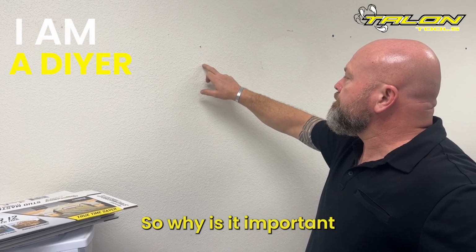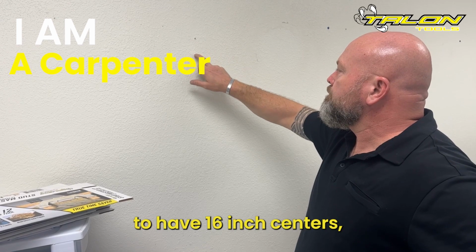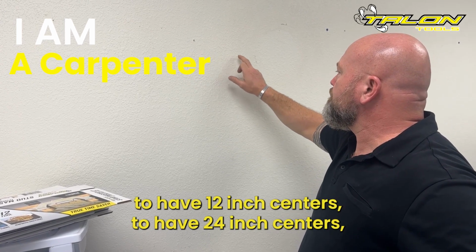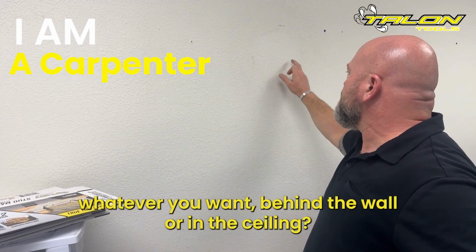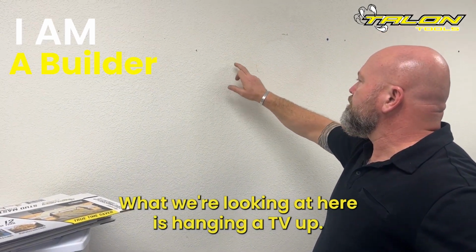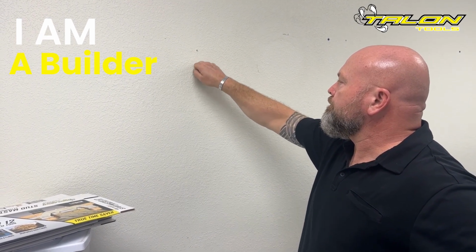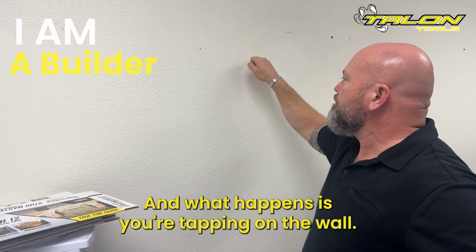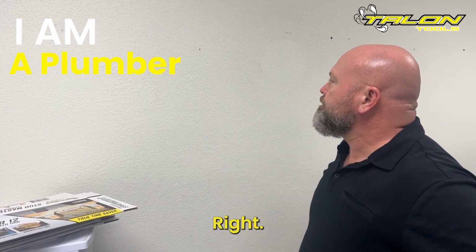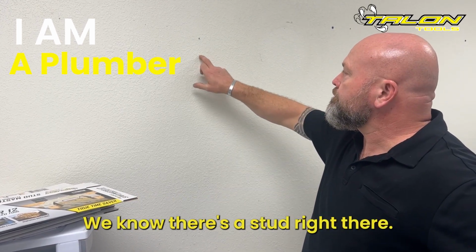So why is it important to have 16-inch centers, 12-inch centers, 24-inch centers, whatever you want behind the wall or in the ceiling? What we're looking at here is hanging a TV up. We've all tried to hang a TV up in our room, in our house, and what happens is you're tapping on the wall, right? And what we're at right now, there's a 16, we know there's a stud right there,